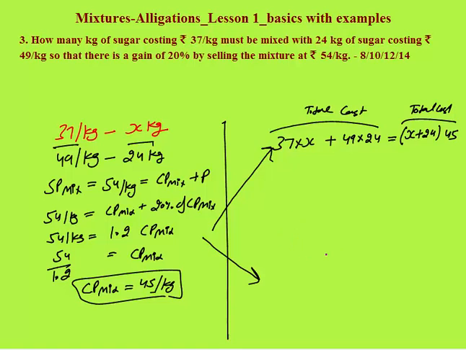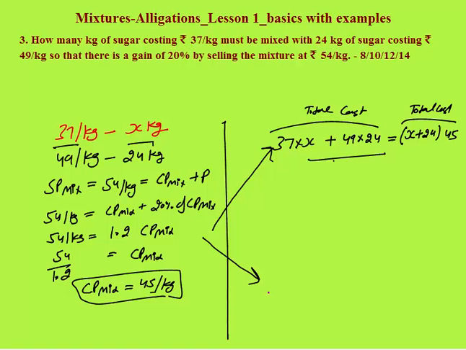Now I will first solve with the help of allegation. It will be very easy to solve this question with the help of allegation. As you have to solve the questions in exam in less than a minute, it's better to use the allegation method in such questions. But don't forget, you must know the equation method, because in case you are not able to solve with the help of allegation, you must know how to solve with the help of equation. I have written the equation, you can get the final answer.